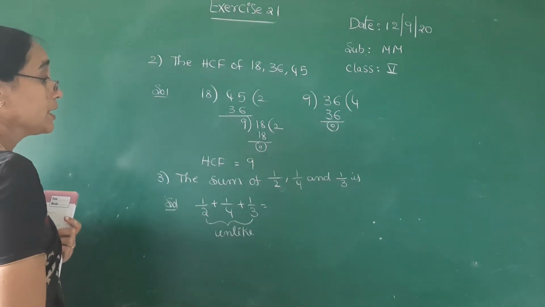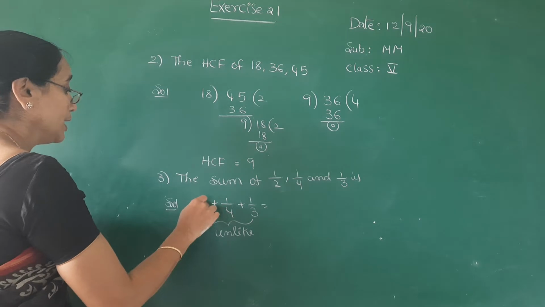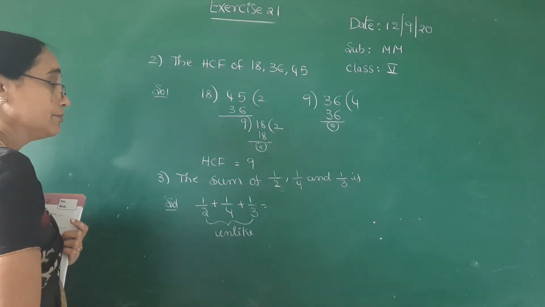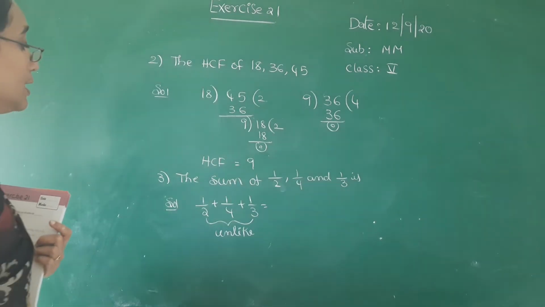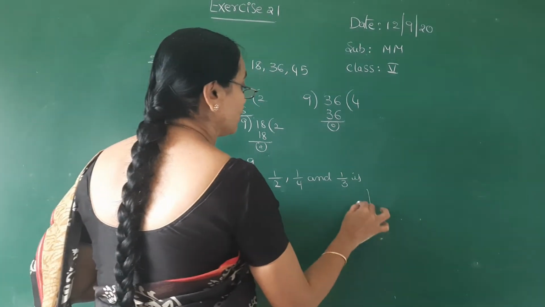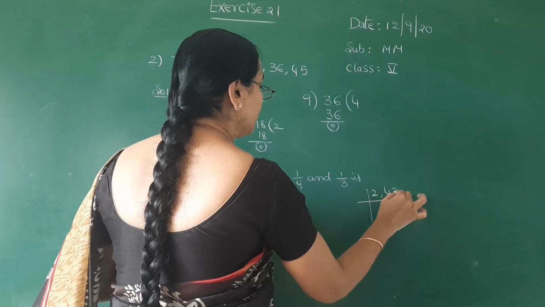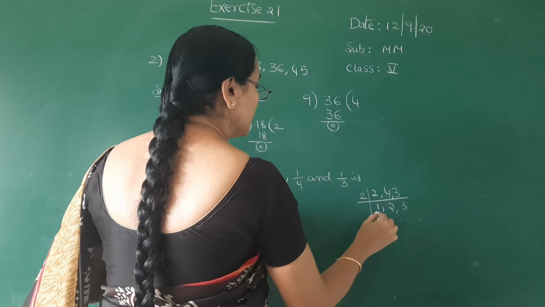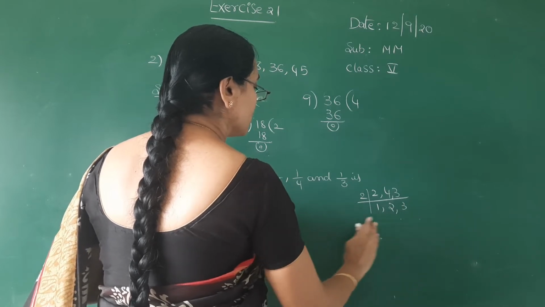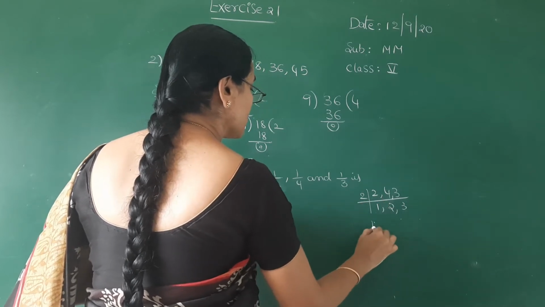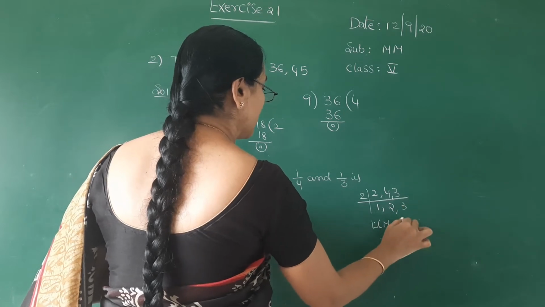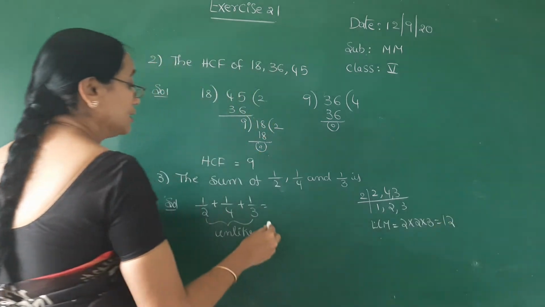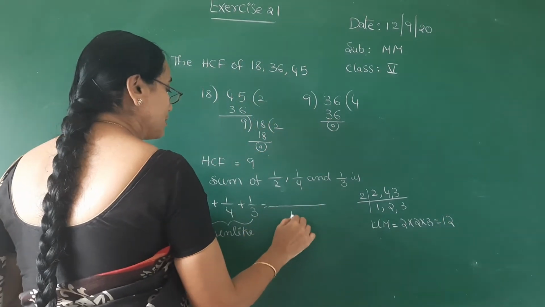So in the case of unlike fractions, you have to make each denominator the same, and you have to convert these into like fractions. How to convert to like? By taking LCM of the denominators. 2, 4, 3. 2 1s are 2, 2 2s are 4, and in 3 you won't go by 2. Here 2, 3 are successive numbers. No table will go into at least 2 numbers. You have to stop the process and multiply: 2 into 2 into 3, that is 12. Write down that LCM.